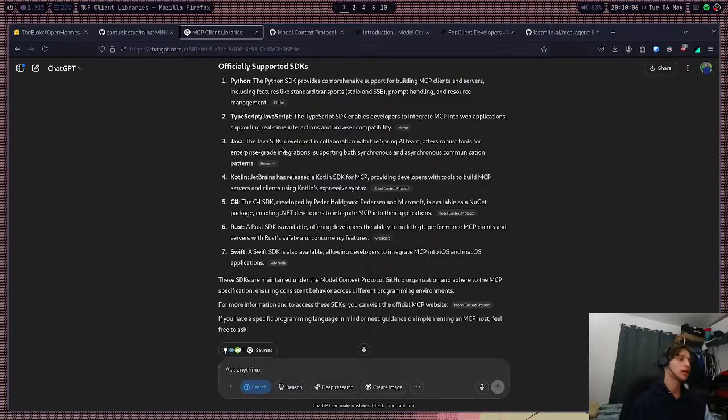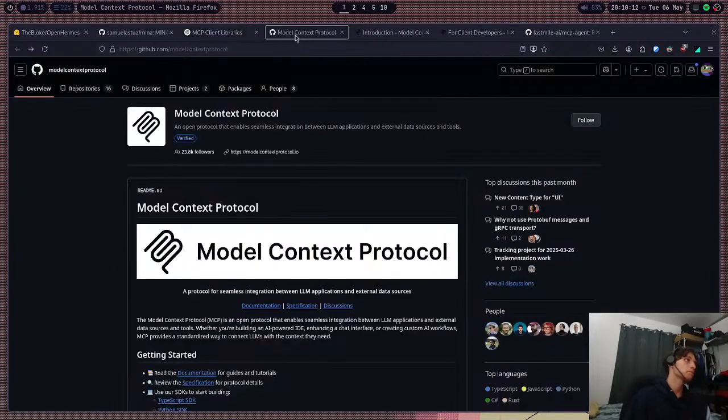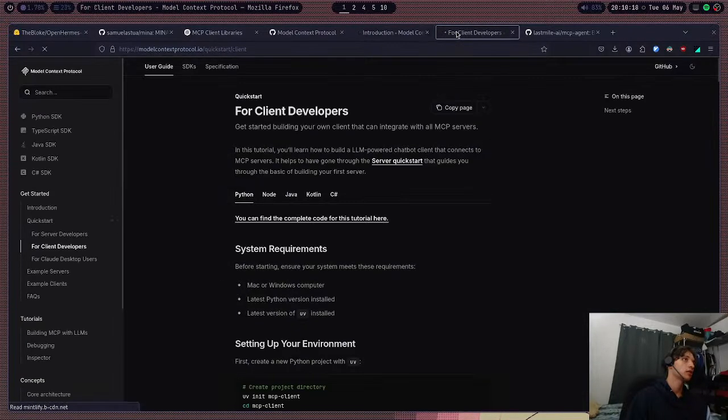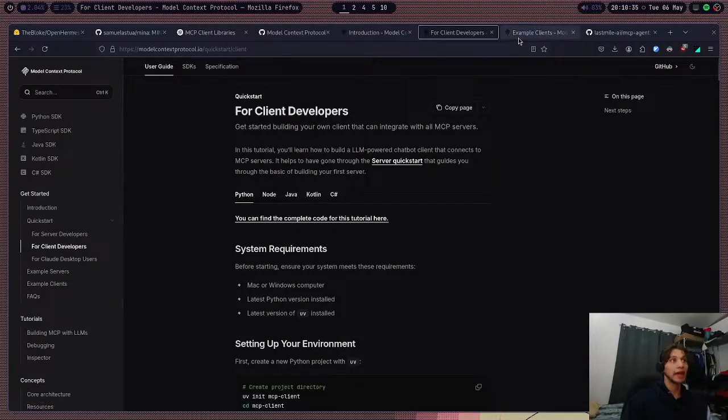Okay, so I guess we're gonna be using the official SDKs because why not? Again, there are already created clients. There are different clients already created, but we aren't gonna be using them because the examples of clients